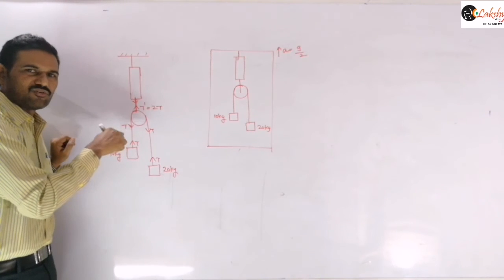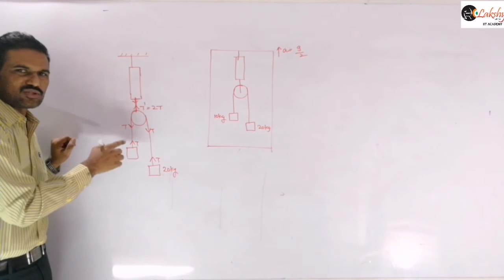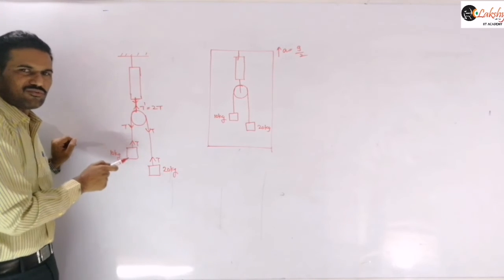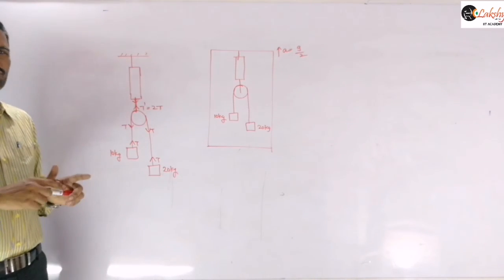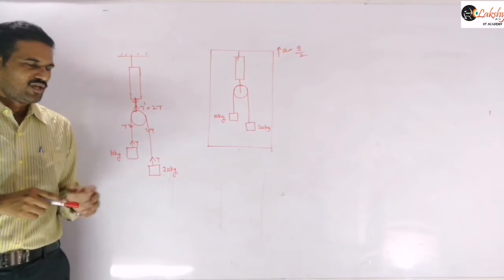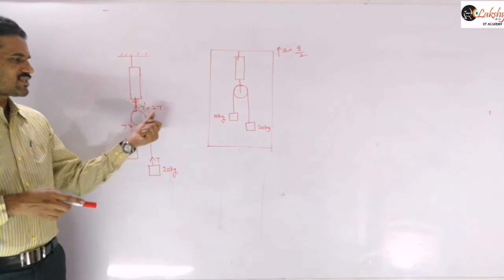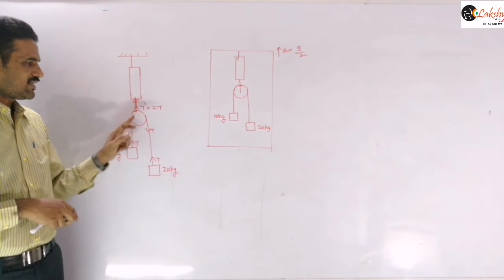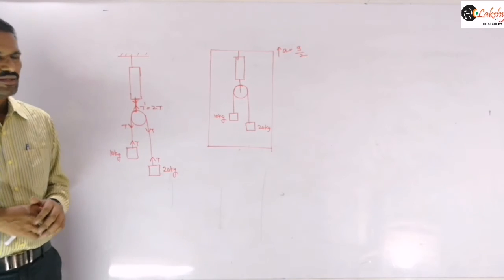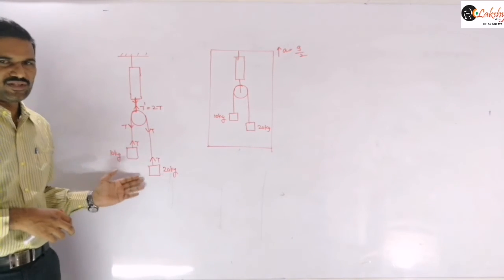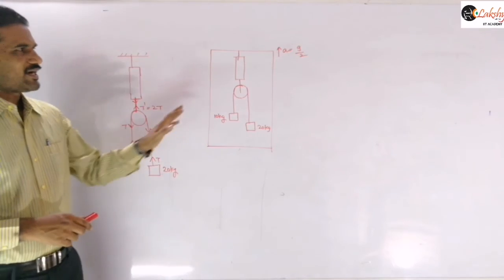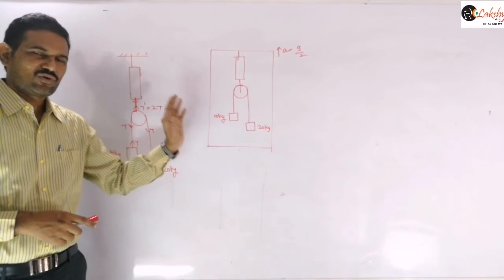Free body diagram of pulley I already explained there. For massless pulleys, the upward force should be equal to the downward force, because mass is 0, which means the net force, ma, should always be 0. So here we need to consider the upward force equal to the downward force, so T dash is equal to 2T. That means you need to find the T value first, then the reading of the spring balance is 2T. And here also same.